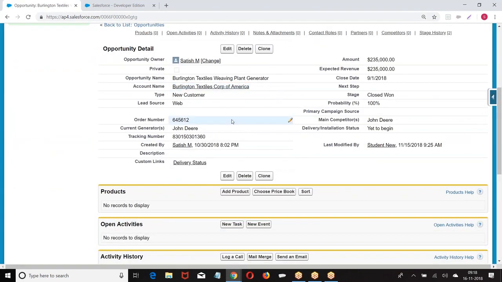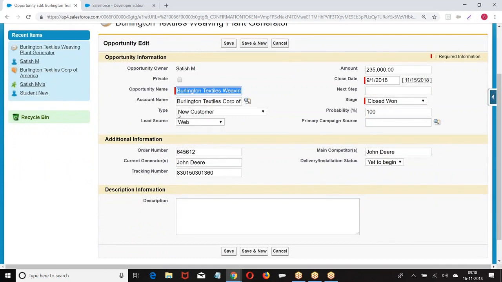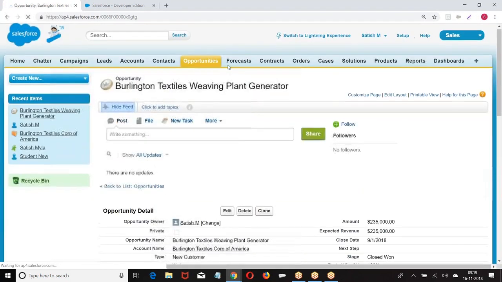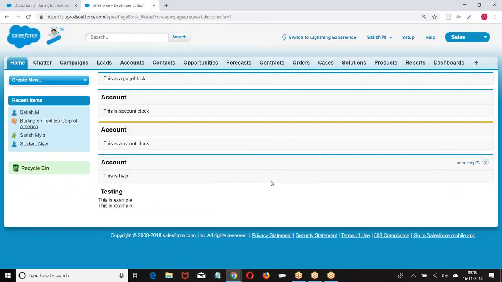now what is the difference you are finding here compared to the previous? The background color is different, right? In the previous one, we got a complete block structure. Background color we got as gray. Here we are not getting the structure of boundary. Are you getting the boundary? You are not getting the boundary. Look at this. Here we got a boundary and we got a color here. But once it is saved, how is the record displayed? The white page. So when I say mode equal to main detail, get me the structure of the detail page. Once the record is saved, whatever structure we get, get me the same structure.